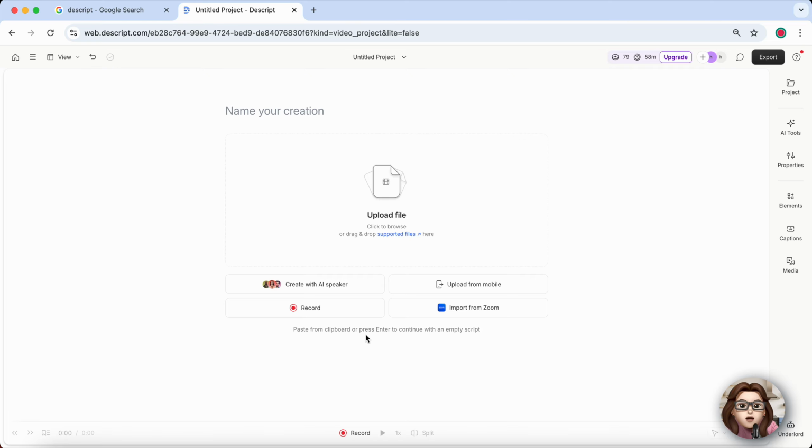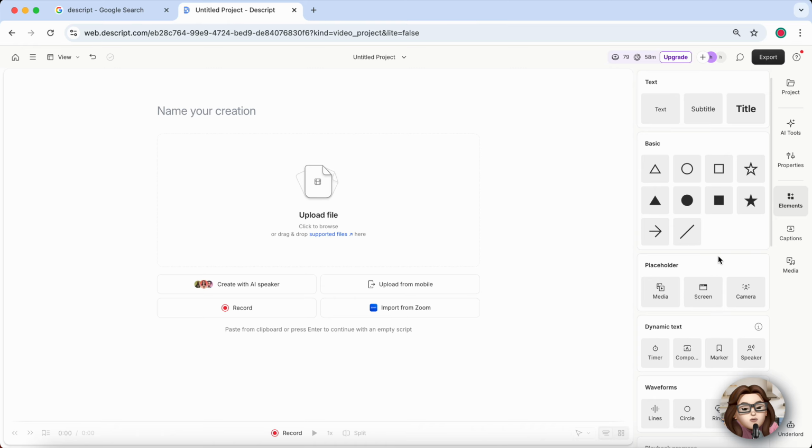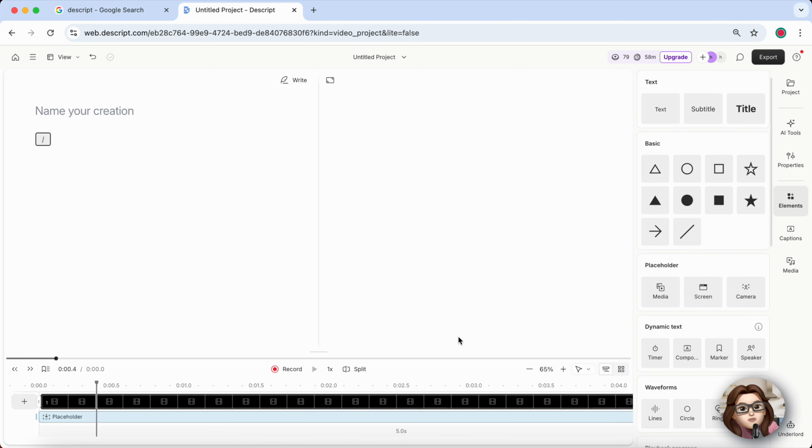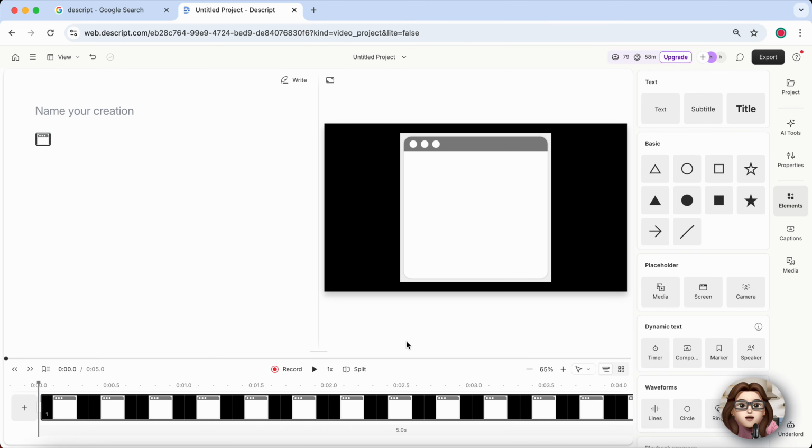From here, you can transcribe the audio, edit the video, cut clips, or combine it with other content in Descript. That's it. You've successfully imported a YouTube video into Descript and can now use it for editing,